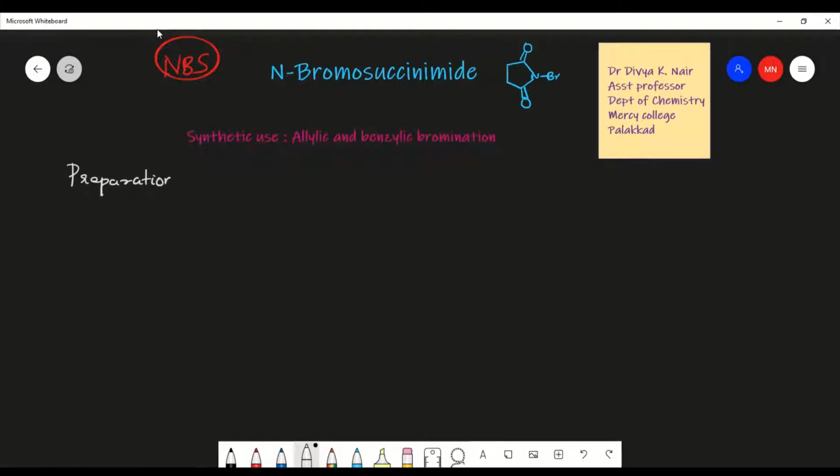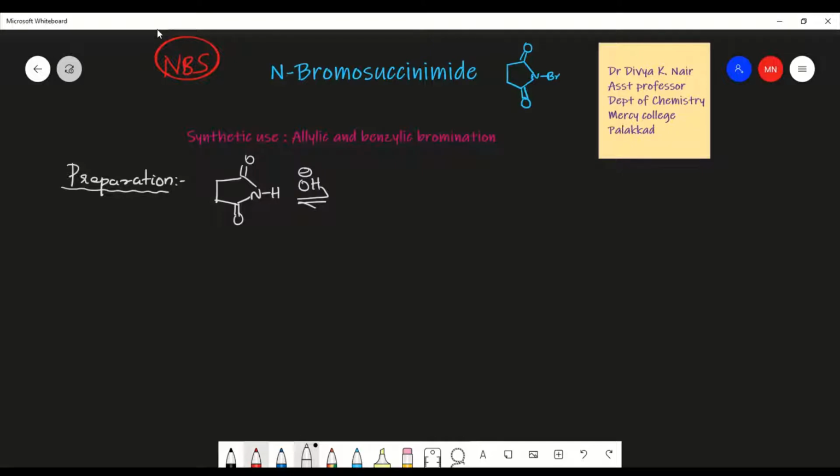Now we will see how this is prepared. It is prepared by treating succinimide with base and bromine. Succinimide is nothing but this one. This is the structure of succinimide, and if you treat it with OH minus,